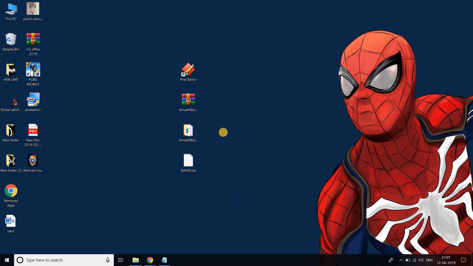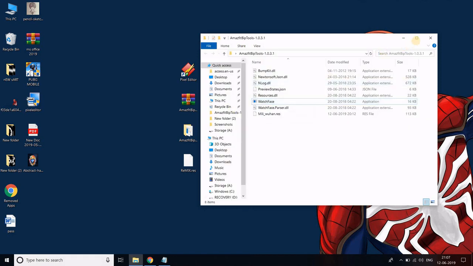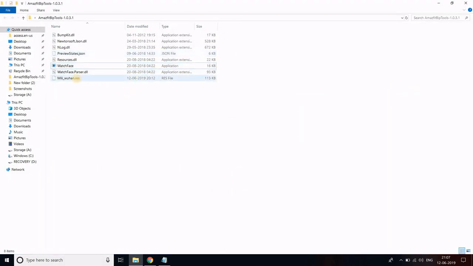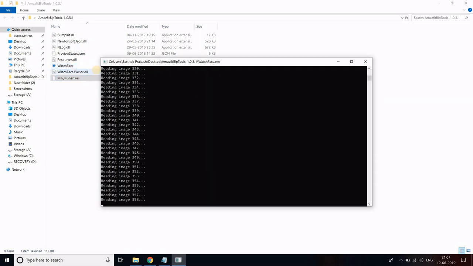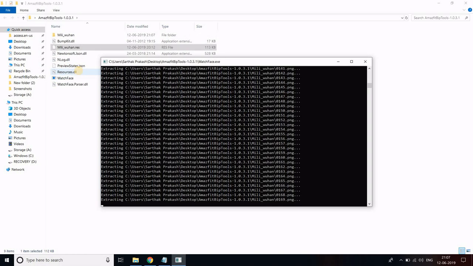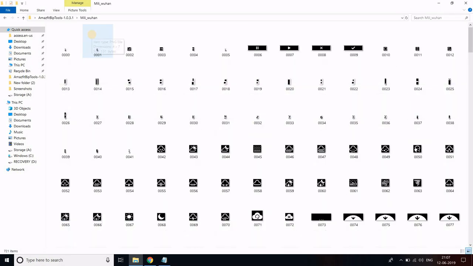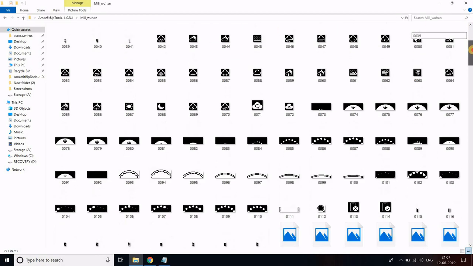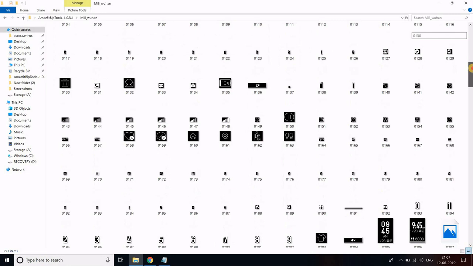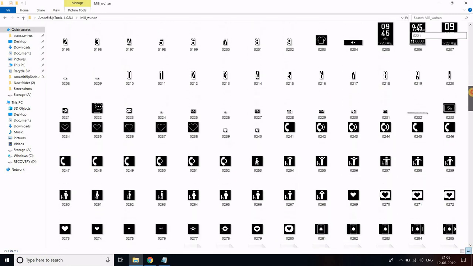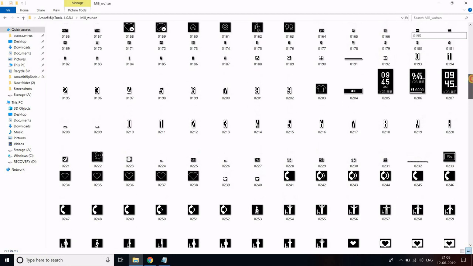Now just move the resource file into this folder and decompile it. Simply drag it and place it on watch face. Now the resource file has been decompiled by the Amazfit tool, and here you can see all the PNG images